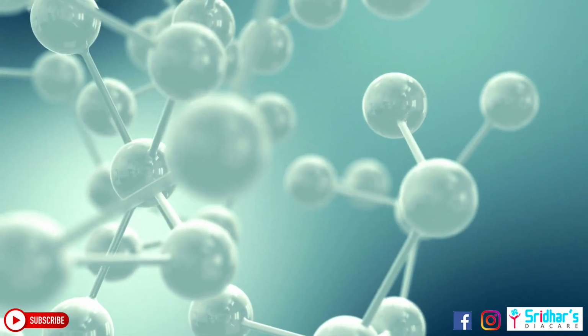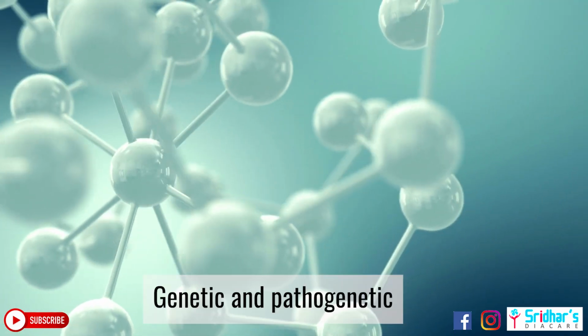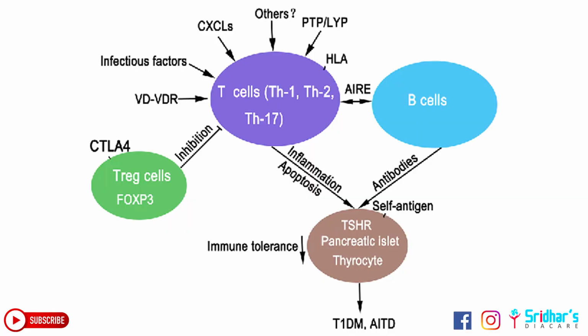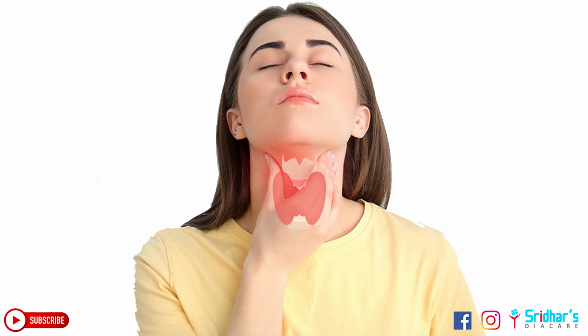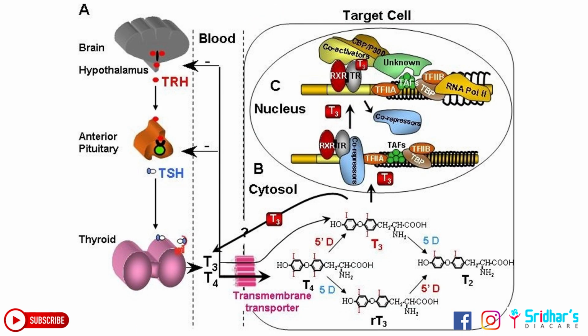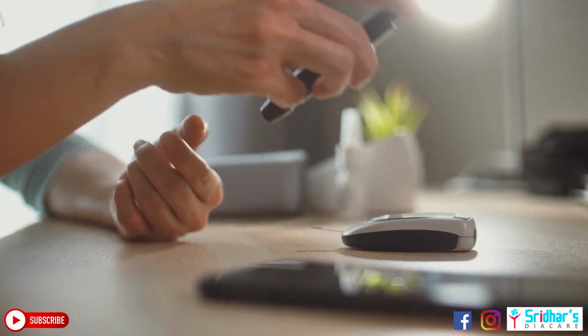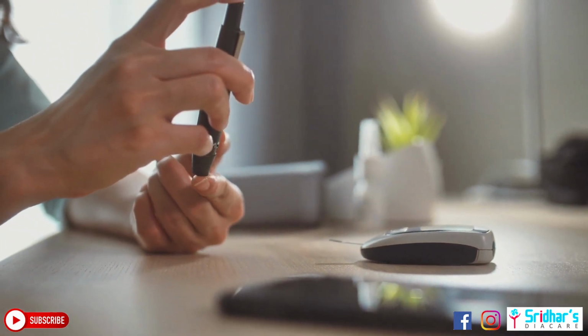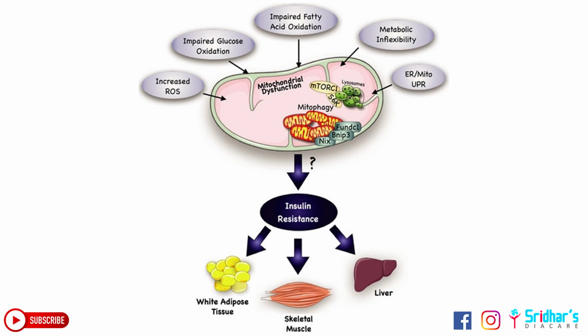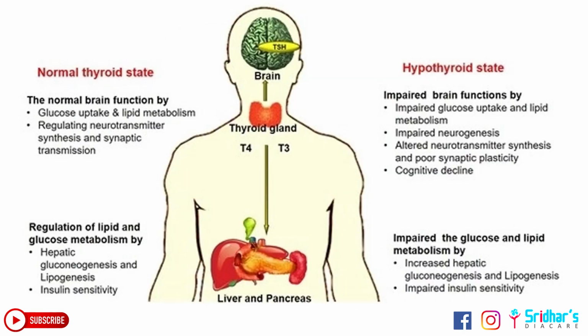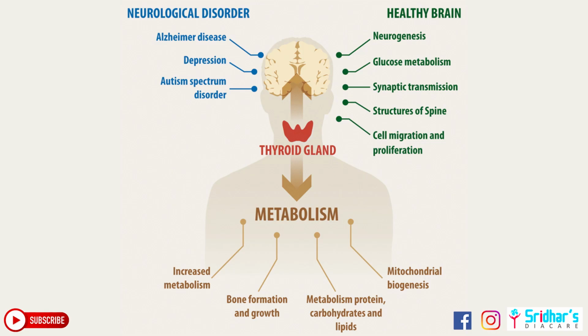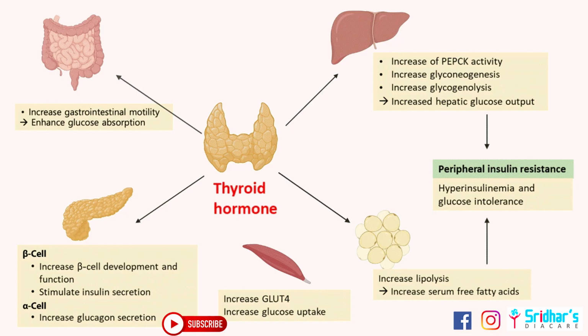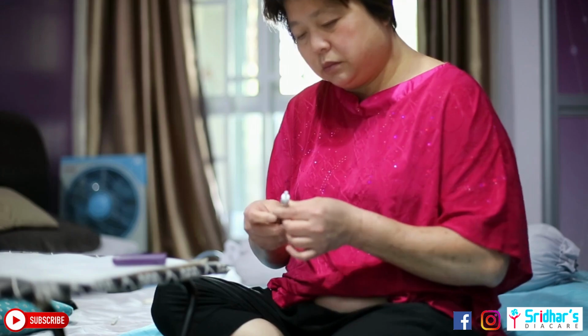We must also look into the link between genetic and pathogenetic mechanisms involved in autoimmune type 1 diabetes and autoimmune thyroid disorders. An untreated thyroid dysfunction can impair the metabolic control in diabetic patients. It suggests that there is a link between insulin resistance and both hyper and hypothyroidism. Because thyroid hormones are essential for carbohydrate metabolism, thyroid dysfunction can impact insulin and lead to development of type 2